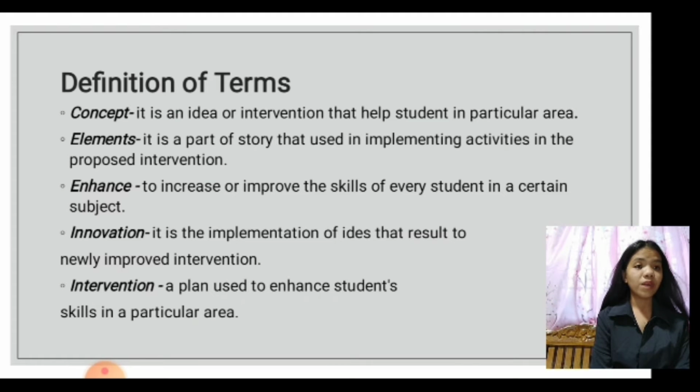It means to increase or improve the skills of every student in a certain subject. The innovation. It is the implementation of ideas that result in a newly improved intervention. Intervention. A plan used to enhance student skills in a particular area.